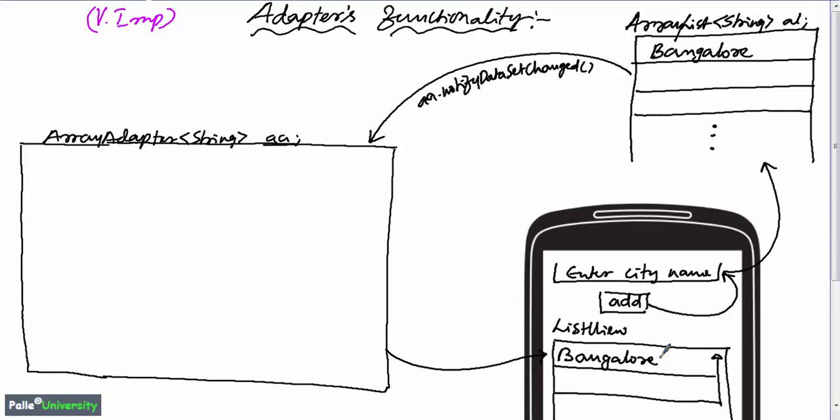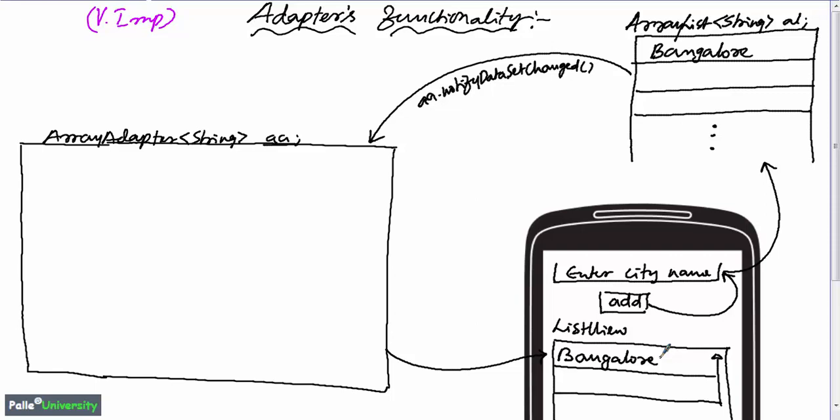Remember, since array adapter is a predefined class of the Android software, obviously the internal logic which pushes the latest element into the list view is automatically predefined and written by Google developers. Still, as a good Android programmer one should know the internal functionality of an adapter.